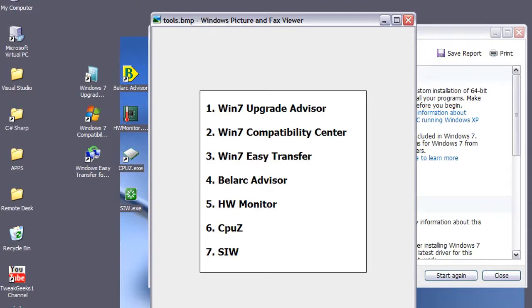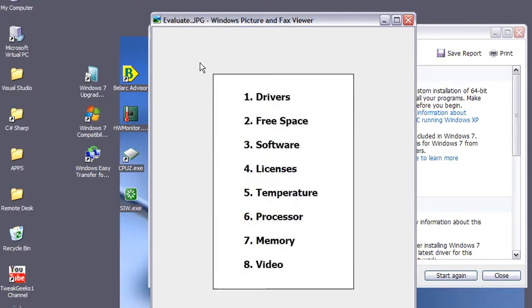Now what we're going to check with all this is, number one, the drivers, the free space on the computer, the software that you're running now, the licenses, what they are, how to get them, where to find the printouts, all that stuff. Temperature, and temperature may be one of the things that is forgotten about most of the time,